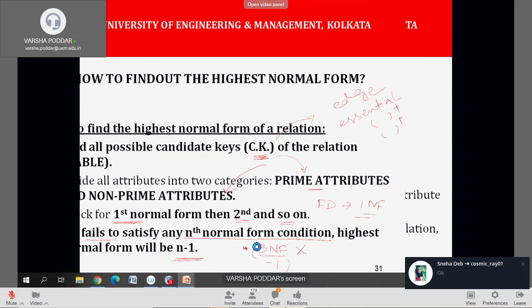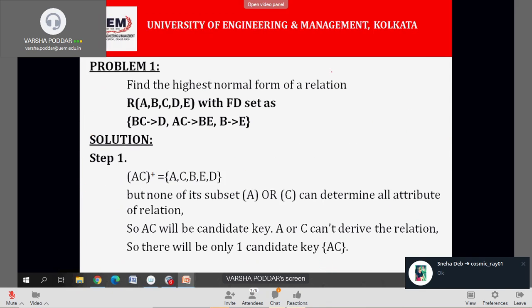See here, all the steps are written for this particular problem, but I am not reading the steps, I am just doing it. A, B, C, D, E. I am following the steps that I was discussing in the previous slide. I am drawing the edge diagram. Following the dependencies, we will draw the edge diagram. That is step number 1.